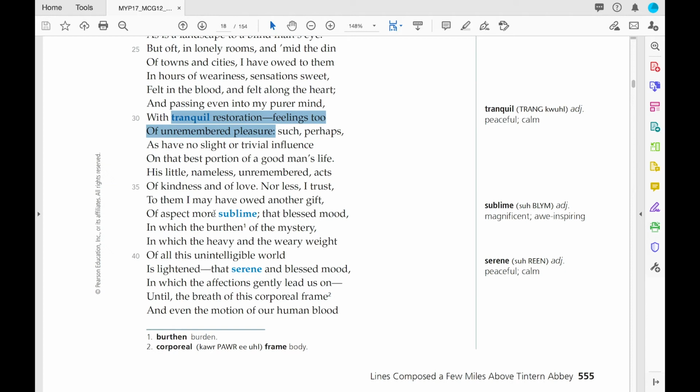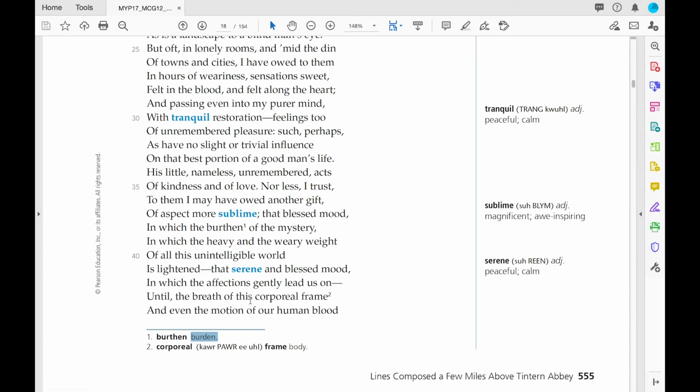"Nor less I trust to them that I may have owed another gift of aspect more sublime." If you guys don't know what these are, look them up. "That blessed mood in which the burden of the mystery," okay, it's just a funky way to say it, "in which the heavy and the weary weight of all intelligible world is lighted. That serene" (that's peaceful) "and blessed mood in which the affections gently lead us on until the breath of this corporeal," okay, "frame of body"